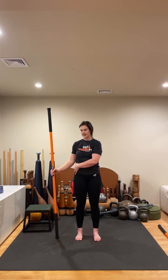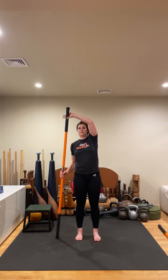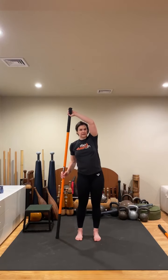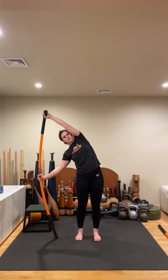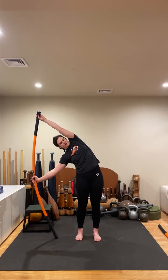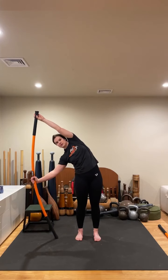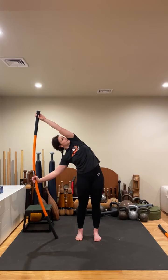To the left, hand at that hip line. Right hand, palm facing forward, thumb down. Hips first, upper body second. So you may find that one side feels a little more restricted than the other. This one's a little bit more challenging for me. Your inside shoulder stays down away from your ear, and then again, you're gonna angle and look upward towards the